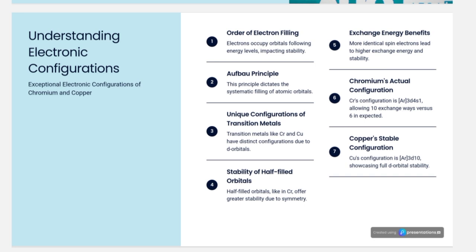Likewise, chromium's actual configuration is argon 3d5 4s1. Simply, it will allow 10 exchange ways versus 6 expected. Obviously, the configuration of chromium is neutralized, or you can say that it's applying the same rule